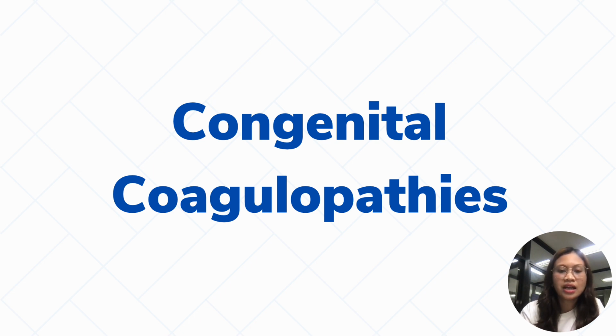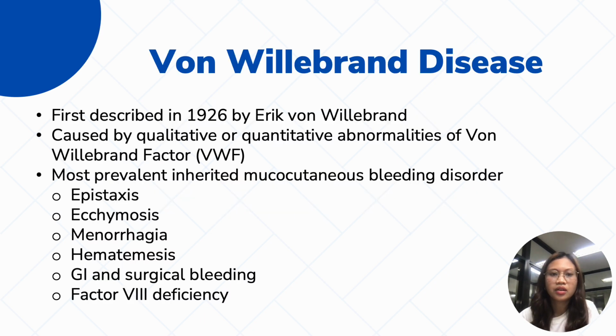The next classification of hemorrhagic disorders are due to congenital coagulopathies. Otherwise known as inherited coagulopathies, congenital coagulopathies have a genetic predisposition and involve a deficiency of coagulation factors. The first